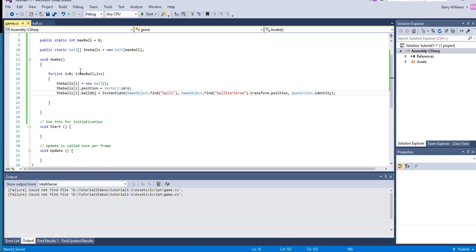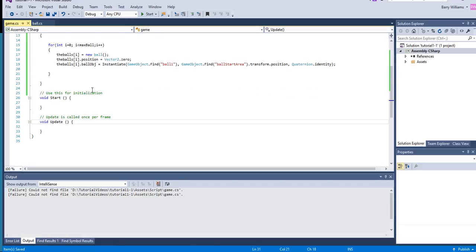And this is going to be done in the update code because it's going to constantly read the mouse input. So we need to put a counter up here for the balls. This is just to keep up with the array so we don't go over